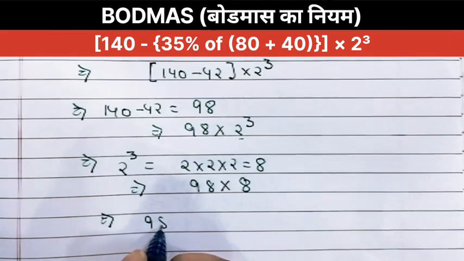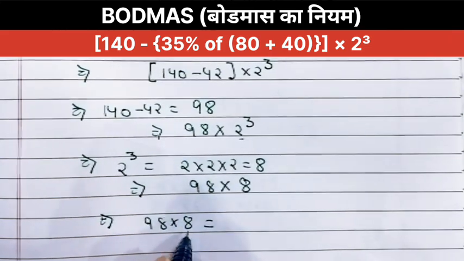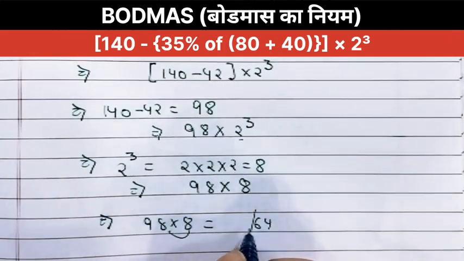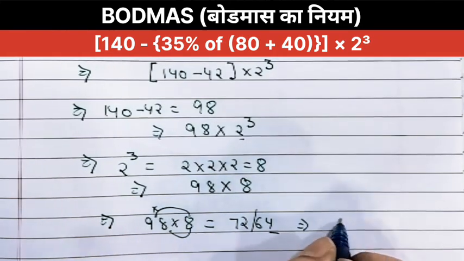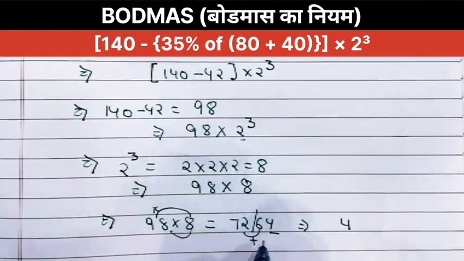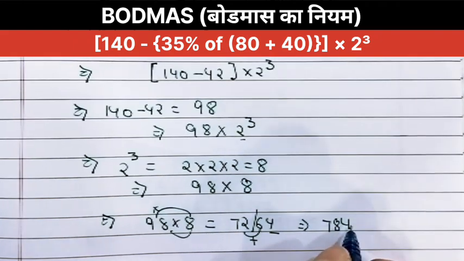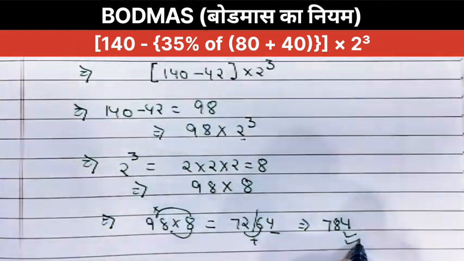Now we multiply the digits and we can use Vedic math in it. 8 8s are 64 and now 8 9s are 72. And after multiplying the ones place, you will write it down as it is. 6 will be added to 2 and it will become 78. Now 784 is the final result.